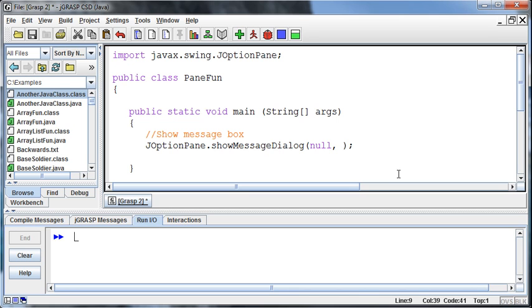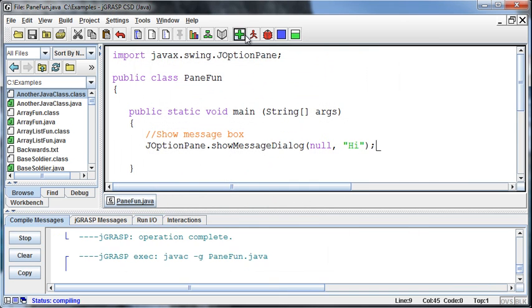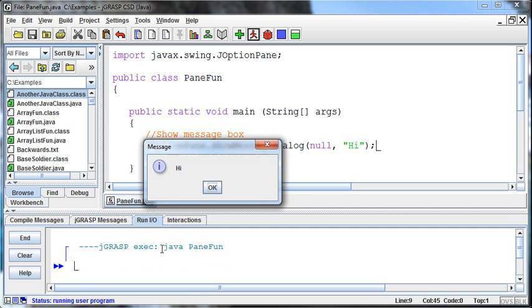Because we're not attaching it to any specific window, it's just going to be part of the program for now, if that makes sense. And then the second part is the message that we're going to print. So I'm just going to print out hi, and if I save this and then compile and run it,